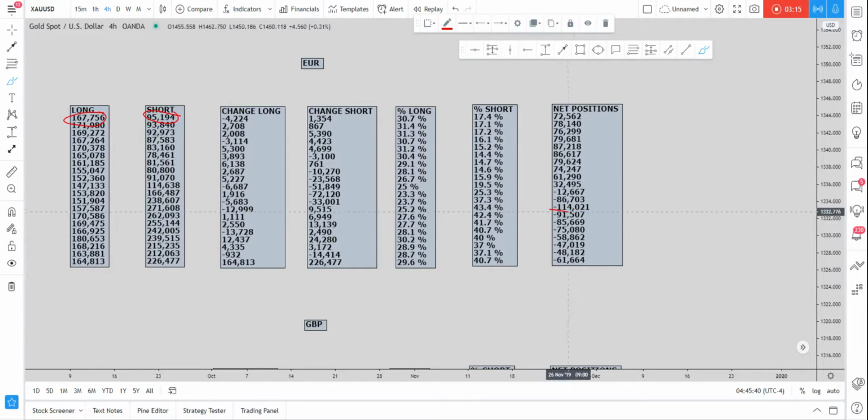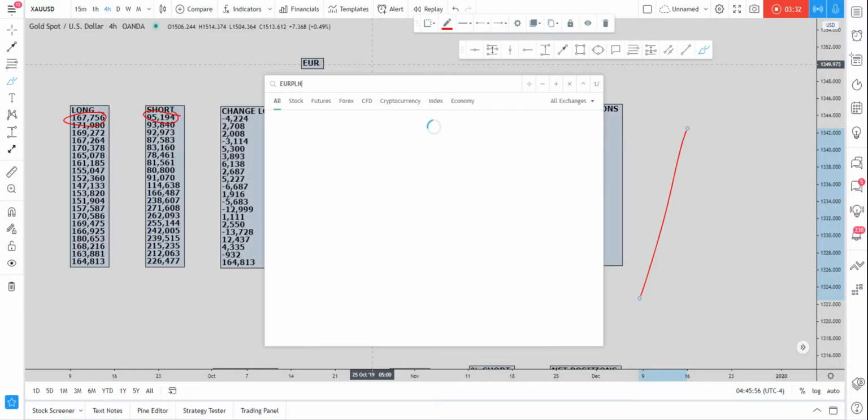In fact, we went from minus 114k net positions all the way up to 72k net positions, meaning that we went from having shorts outweighing longs to having longs outweighing shorts. So we can still expect a move to the upside, considering that in the long term,